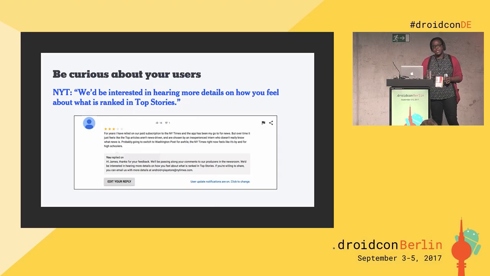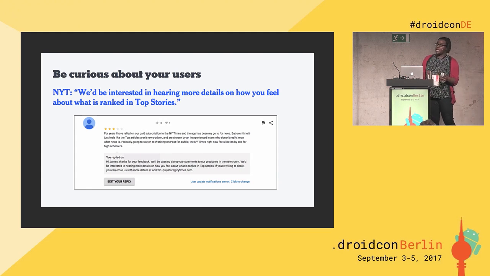Next, be curious about your users. When they give you messages that are vague and weird, that to them is kind of, this is my comment, it's the end of the conversation, but to you prompts you to say, why do you think that way? What more can I find out about the situation in order to understand how to move beyond it? If you're curious about your users, you're more likely to initiate this contact to get more information.